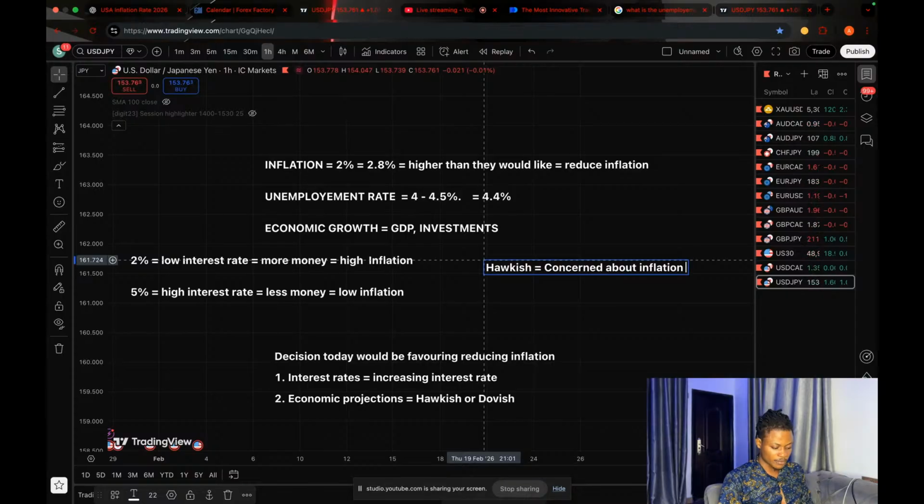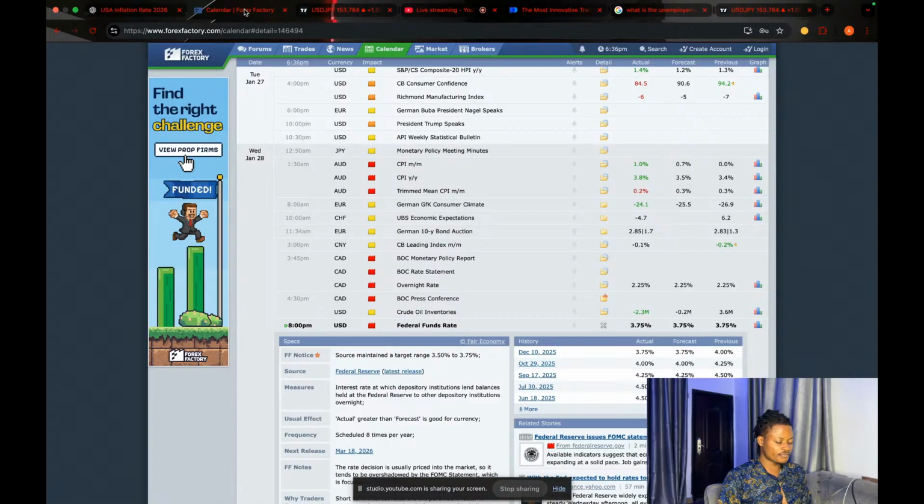Do you understand? So if you look at your Forex Factory here, if you observe your FOMC, you notice that the forecasted figure of the interest rate is always equal to the actual. So if the forecasted figure is showing 3.75, that means these guys are not going to reduce any interest rates. Look here, forecasted was 3.75, actual was 3.75. Here forecasted was reduced to 4, actual was 4. That's how it used to be. It's always like that. So before the news comes out, we used to know